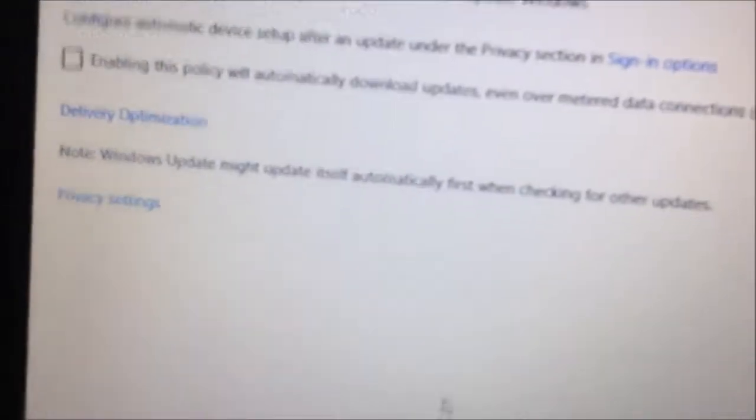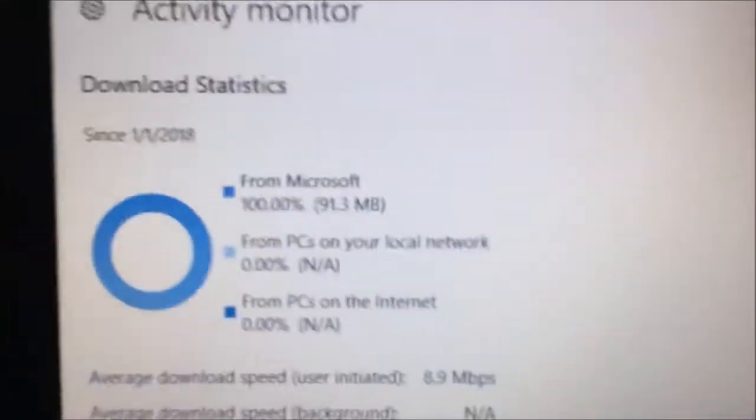So, delivery optimization. Sure, why not? Advanced. I don't want to limit the broadband activity monitor. Okay. Since 1.18, what? Everyone knows I just installed this. And this,